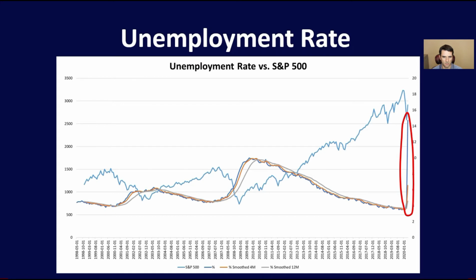Then of course that brings us to the unemployment rate, which again is hitting record numbers. Again, in '08 we hit close to the 10% mark. We're at 14.7 and still on a trajectory heading north, or south, depending on how you look at it. Not a great sign, not something that I think is going to reverse course as quickly as it got to where it is currently. But again, we're going to have to wait and see. But just staggering